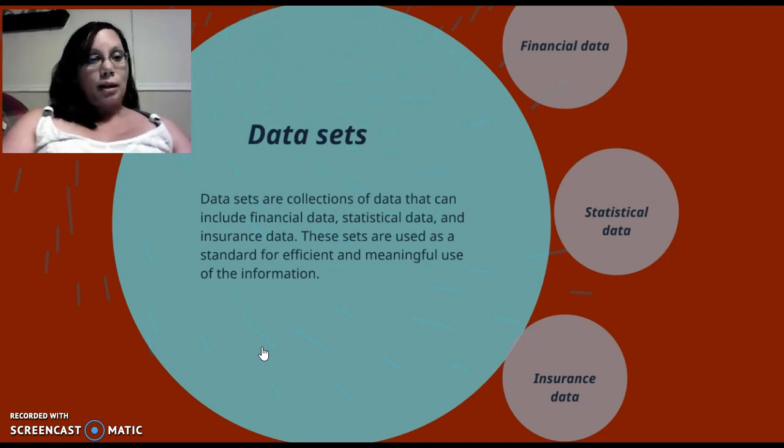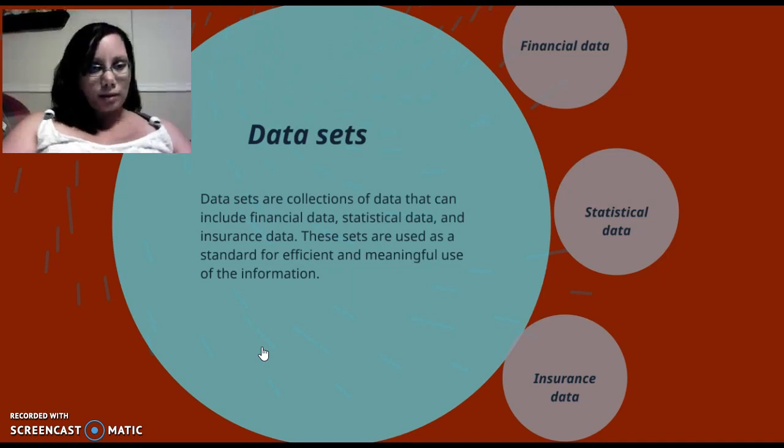The insurance data obviously needs to know if they carry insurance or not, whether it's Medicaid or, say, Blue Cross Blue Shield. They want to know what kind of insurance they have. And there's a whole bunch of other different kinds of data sets that they do collect. These are just three that I gathered together right now. But this data is needed and